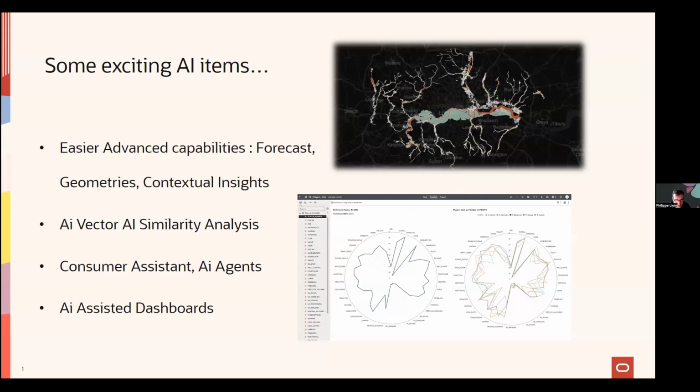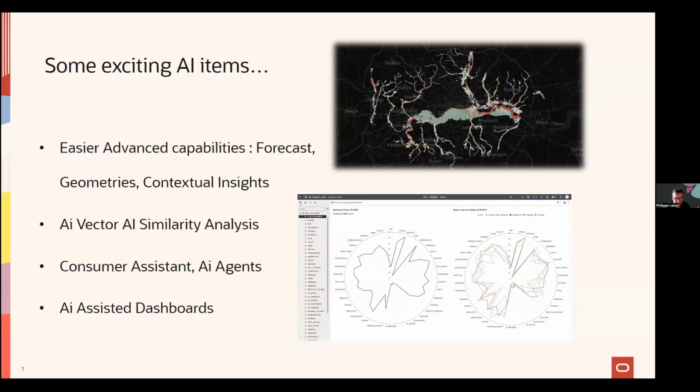I'm working on the product management department with Oracle Analytics, and there's lots of exciting items that we all want to talk to you about. I'm just going to take a minute to browse through a few that already are available since September and even previous releases, all related to AI and advanced analytics. And I will also take a minute to touch on what's just about to come in the next months or so with your new upgrades.